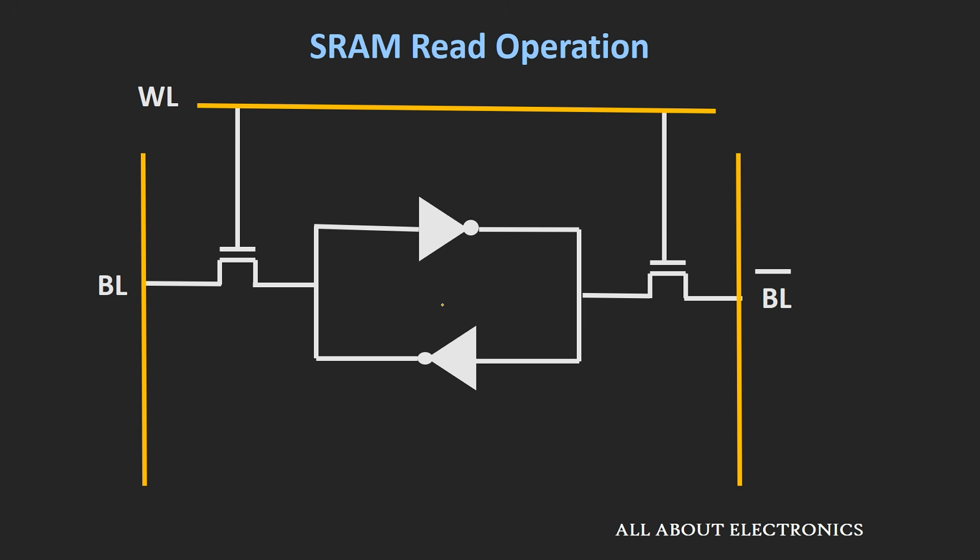In case of this SRAM cell, the memory bit is stored between these 2 cross coupled inverters. So let us say we have latched logical 1, then at the output of the first inverter we will have a logic 0, and again at the output of the second inverter we will have a logic 1. So as long as power is supplied to this SRAM, the logic 1 will keep circulating between these 2 inverter pairs. So unlike the dynamic RAM cell, we do not require any refresh cycles during SRAM operation, and that is the reason this SRAM is known as static RAM.